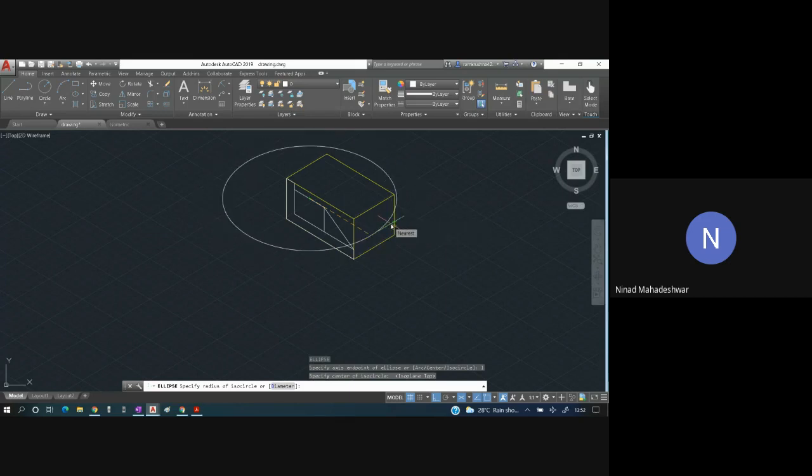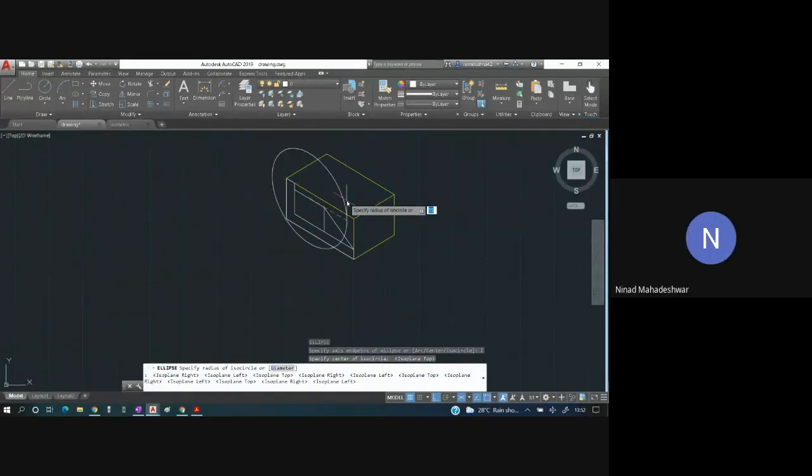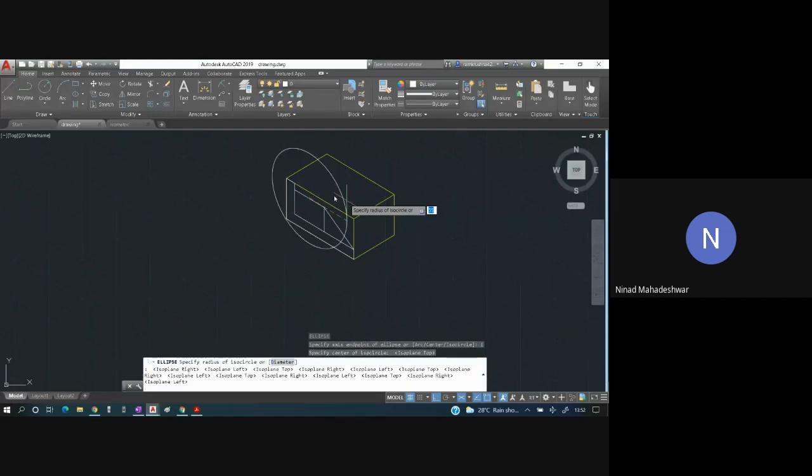But can you tell me in which plane this is? Students, can you tell me in which plane this is? This is in the XY plane. Now I will press function F5. Is this the plane in which we have to draw? No, sir. Again F5. Is this the plane in which we have to draw? Yes, sir. So if you press F5, all the planes are going to change. So select that plane accordingly. Now I have selected the plane.